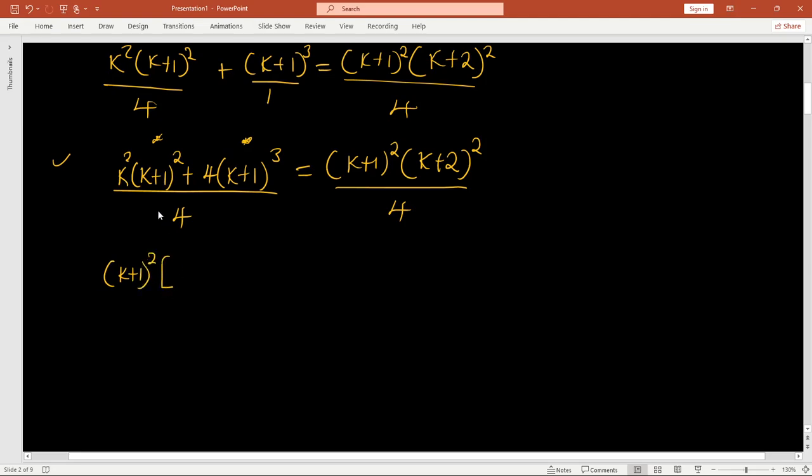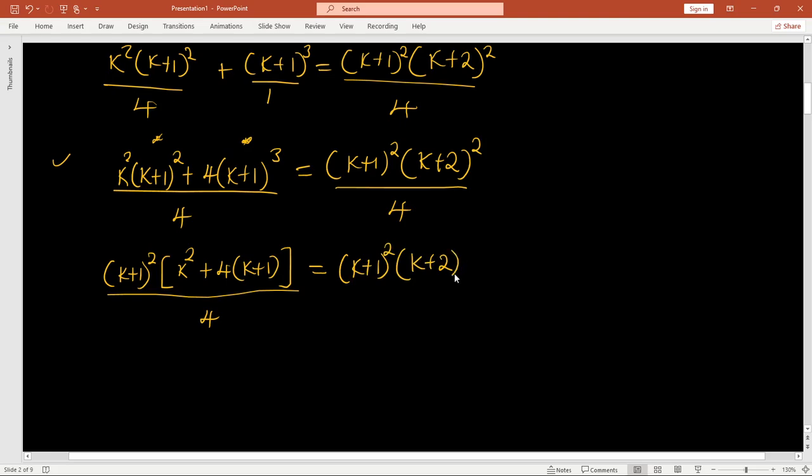If we factor out (k plus 1) squared, we're left with k squared plus, then on this side, we're left with 4 open brackets (k plus 1), then we close. Everything is divided by 4